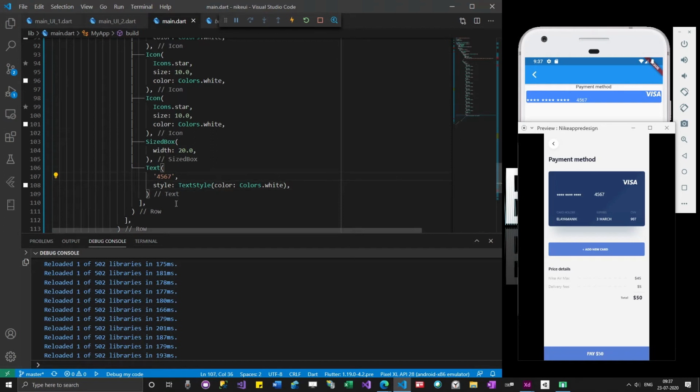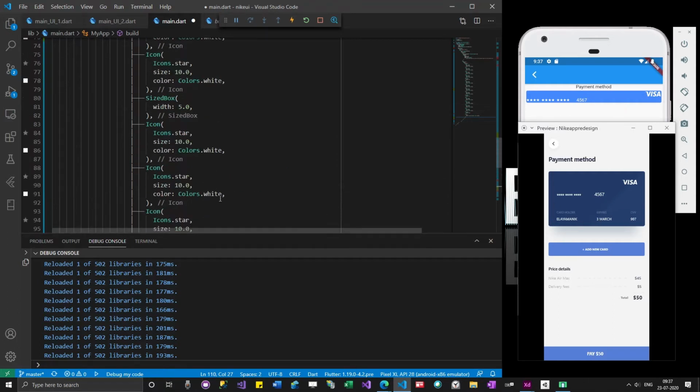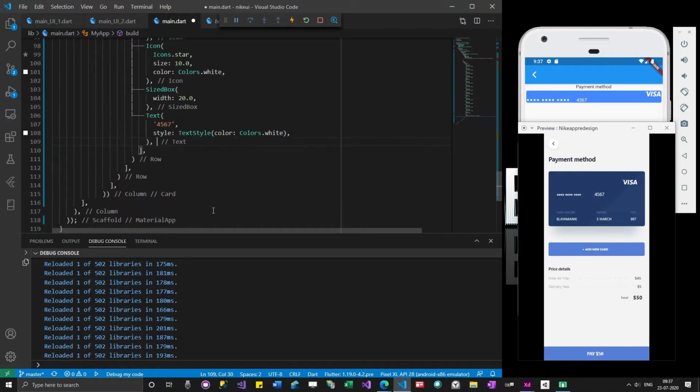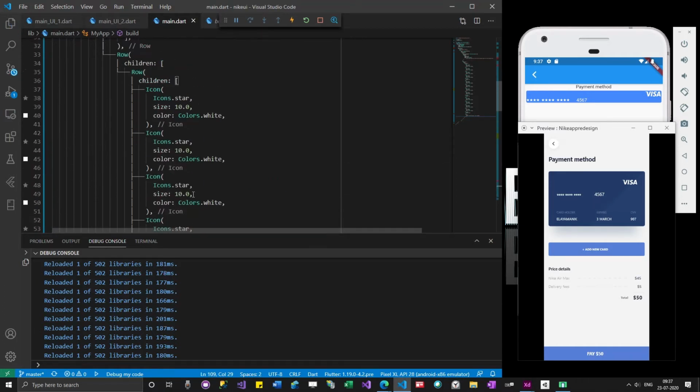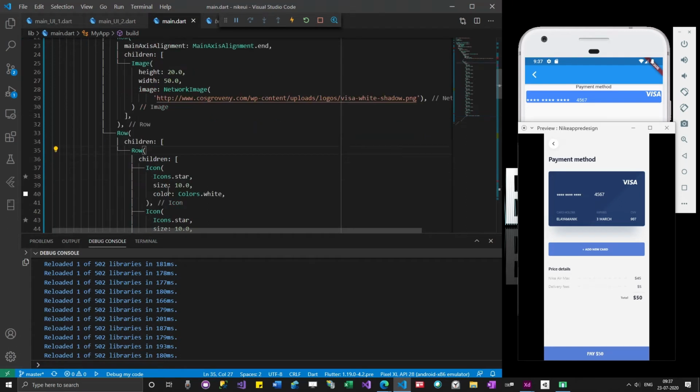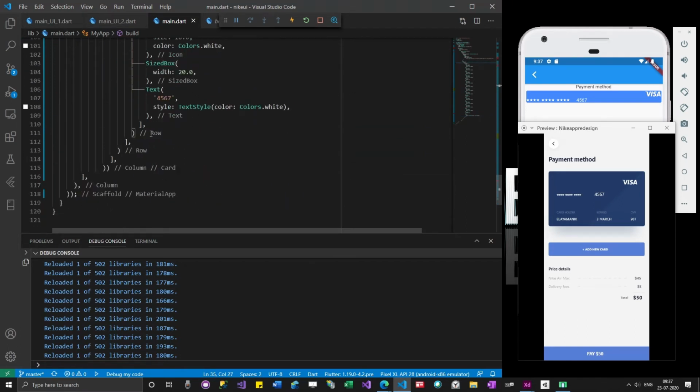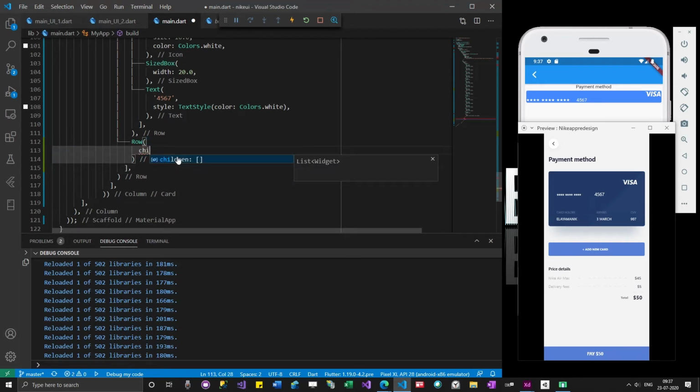And then we have to add another row, with children, with 3 columns.